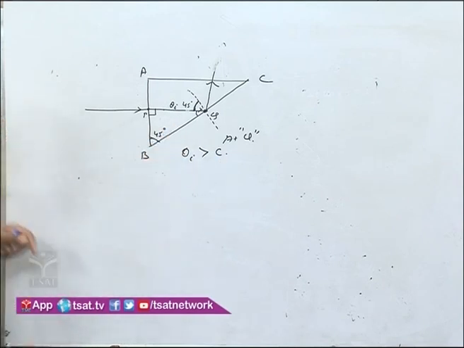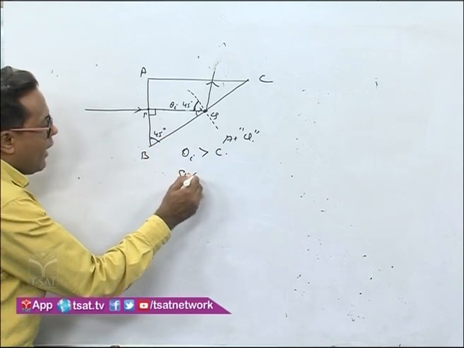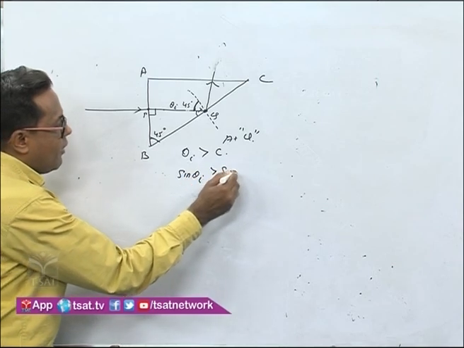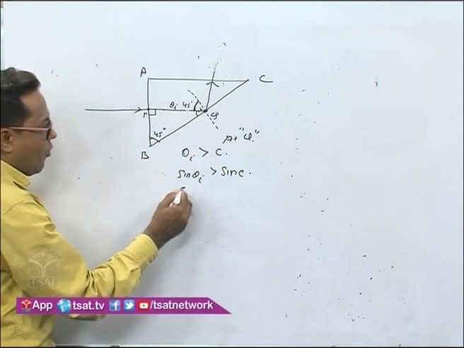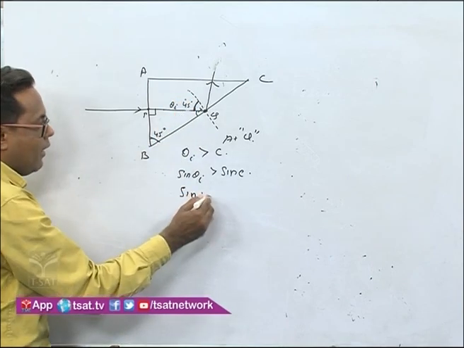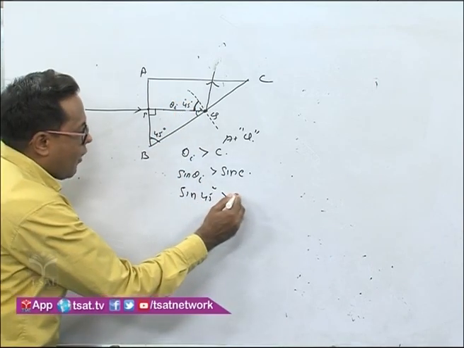Therefore theta I should be greater than C, or I can write sin theta I is greater than sin C, or sin 45 is greater than sin C,